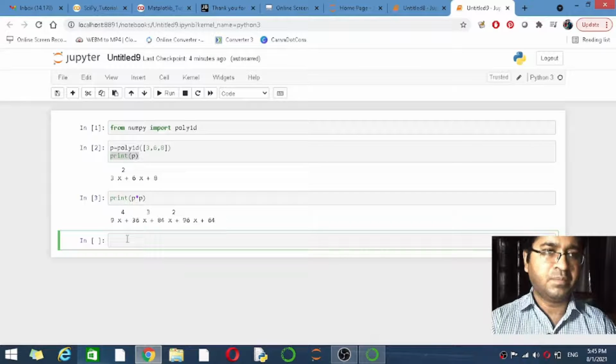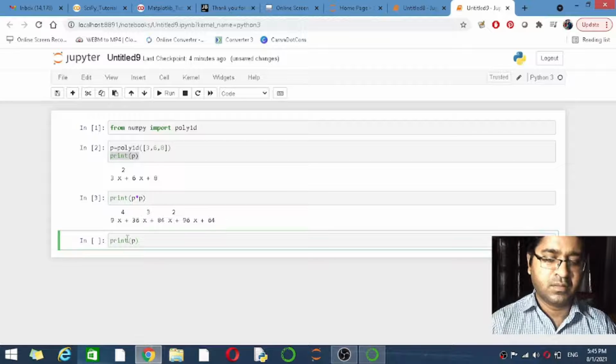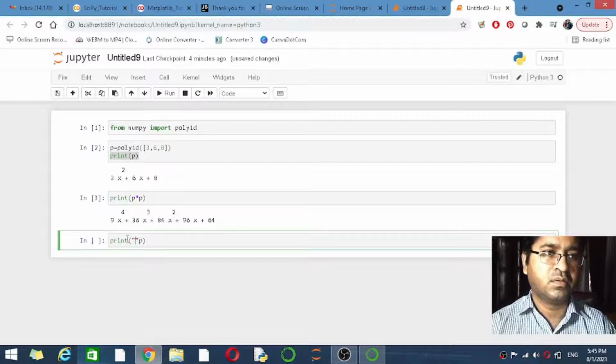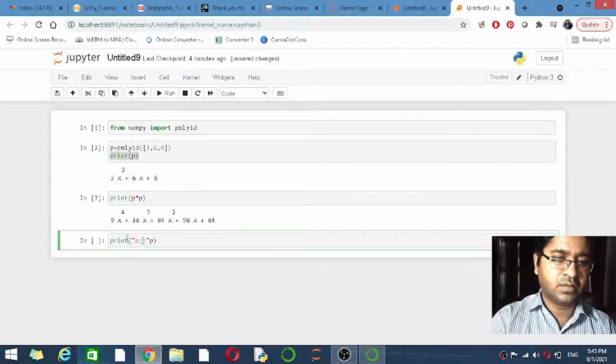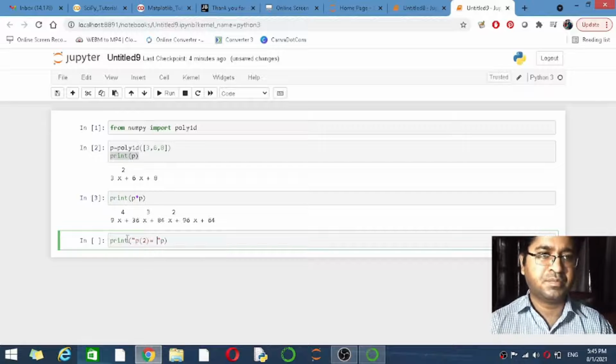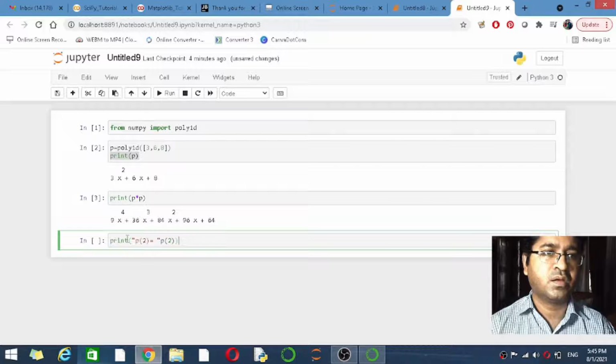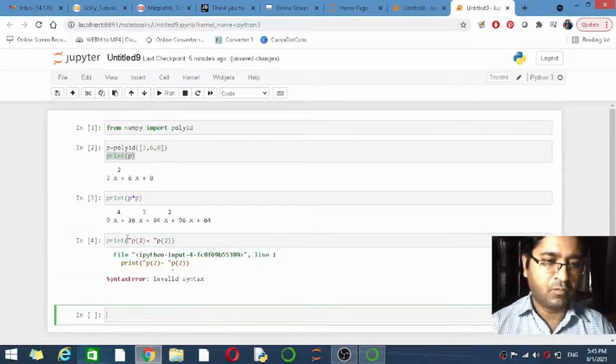Then we will print, like print function, paste here, p of 2 equals.